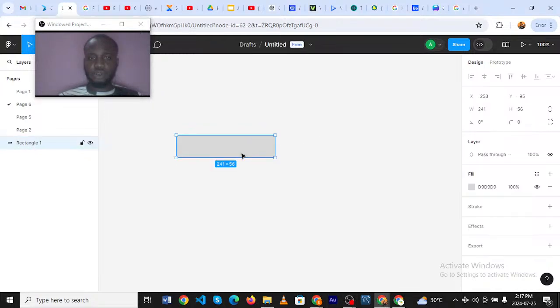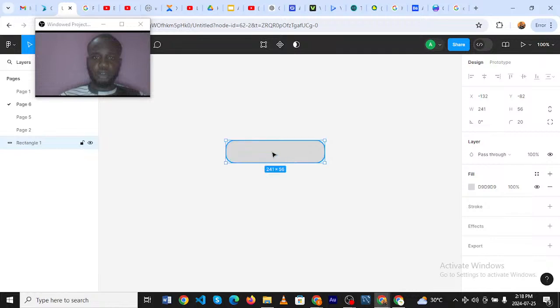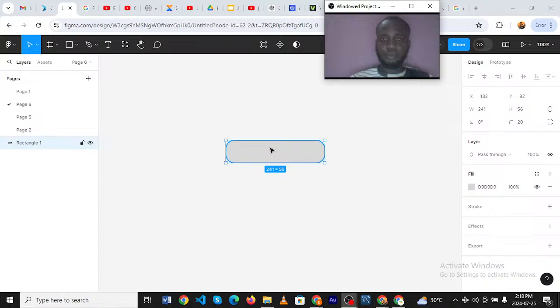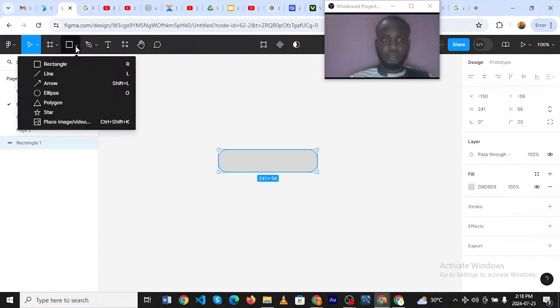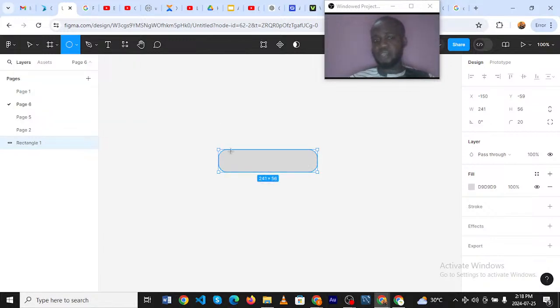And then there's what we call corner radius. It's usually located here. So let's give it a corner radius of 20. Remember, we're trying to create a toggle button, right? So that's a corner radius of 20 here. Since this has a corner radius of 20, we're also going to come here to the ellipse tool. Remember I showed us how to create all of that, right? So this is the ellipse tool. If you are just joining and you don't know how to create that, please watch the first recorded class.